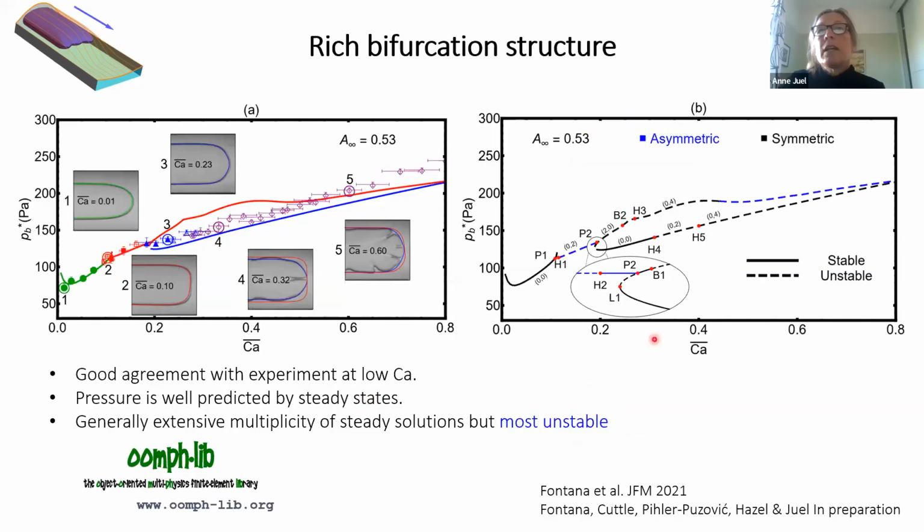And you can calculate all of this numerically, and here what we're doing is looking at the pressure of the air in the finger that is propagating in this elastic channel. And we're looking at it as a function of capillary number for a given initial level of collapse. At very low capillary number, we have these nice symmetric fingers here, and then we get some variety of transition. And there's really quite a rich bifurcation structure that can be calculated numerically with a set of pitchfork and Hopf bifurcations.